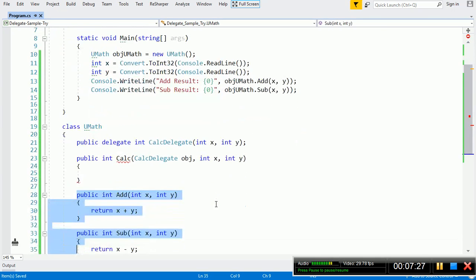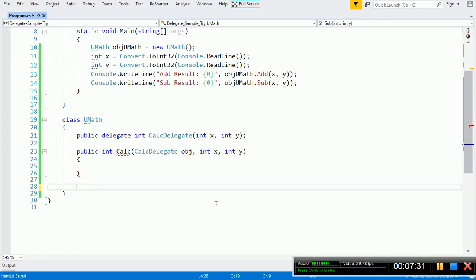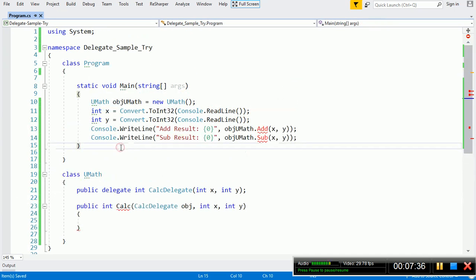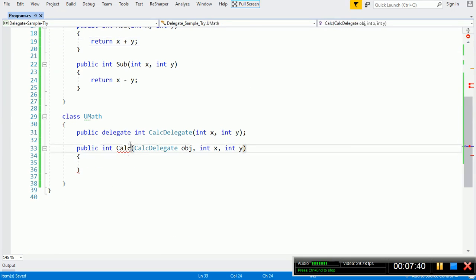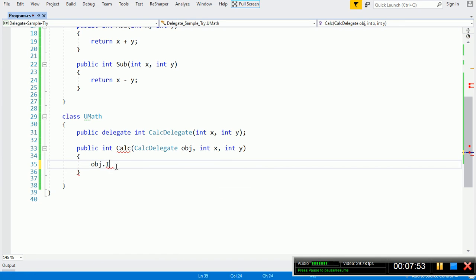So now we will delete all this logic. We will write all this logic in our own function, not in this umath function. So we will copy this code and then we will write all this code here. So now what we want to do is object dot invoke.